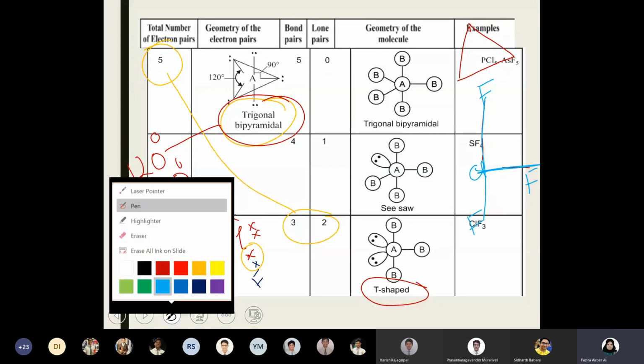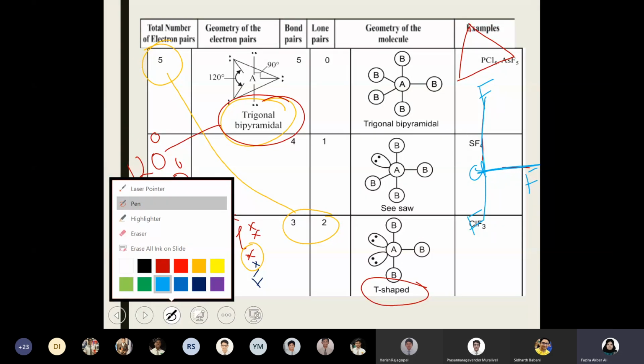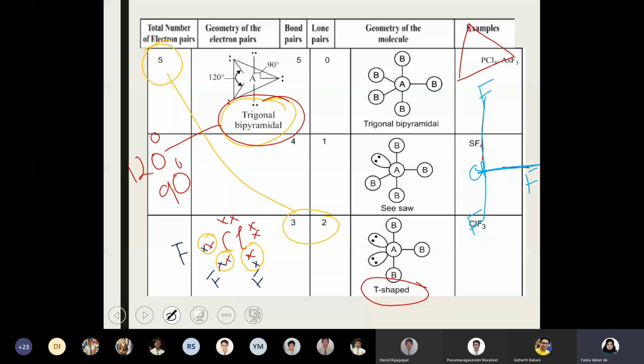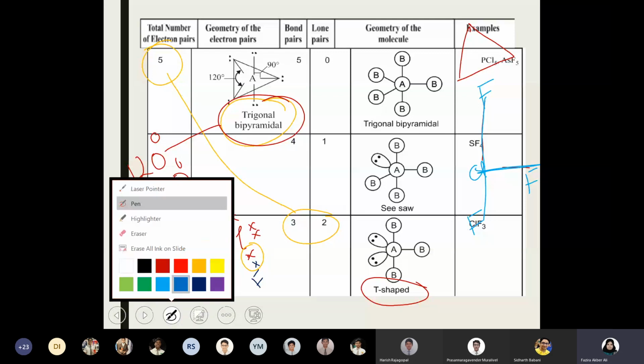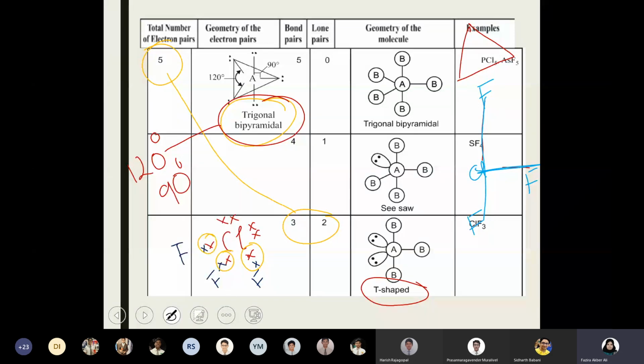But actually, in reality, it's a distorted structure of a trigonal bipyramidal. And if you want to show the lone pairs, you can show the lone pair over here in the two lobes, or you can simply put 2 dots for a pair. So 4 dots can be put on the chlorine atom, showing that it has 2 electron pairs which are free. That is a lone pair. Am I clear?